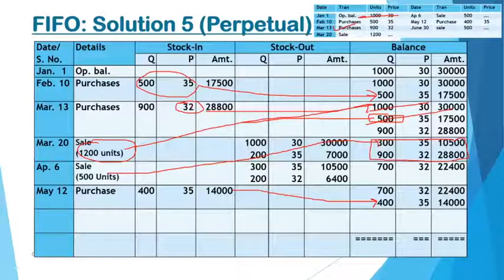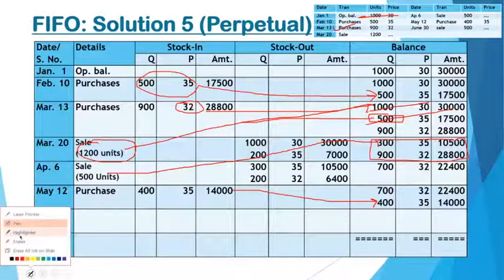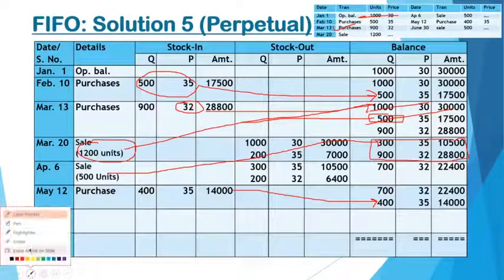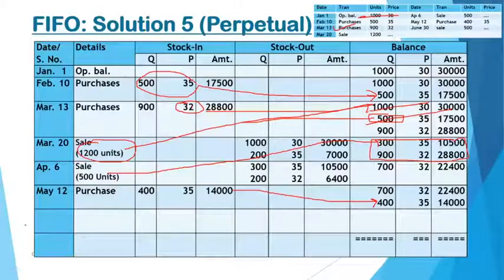Had it been LIFO, when you are selling these 500 units, what would it imply? If you have the LIFO method, then last in first out, that is, your last lot of 900 units will be utilized, isn't it? Okay, now let us see the next thing. What is our next transaction? Next transaction is again a sale. So you are selling 500 units.